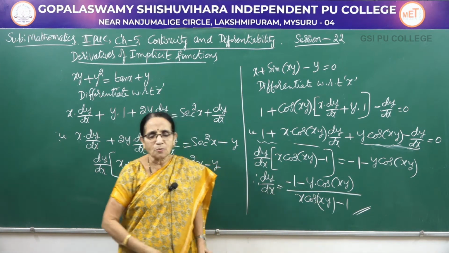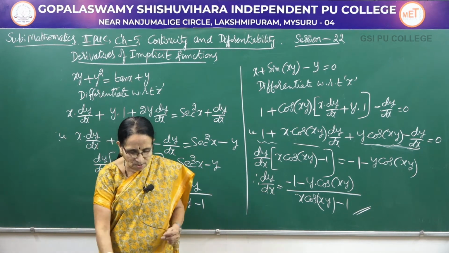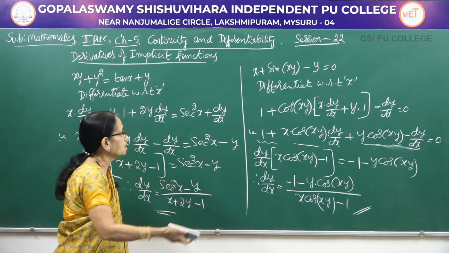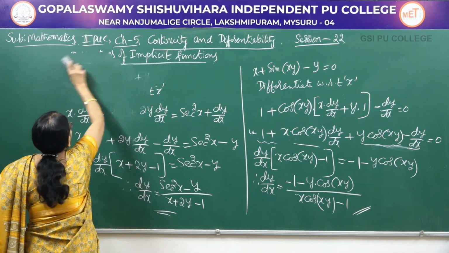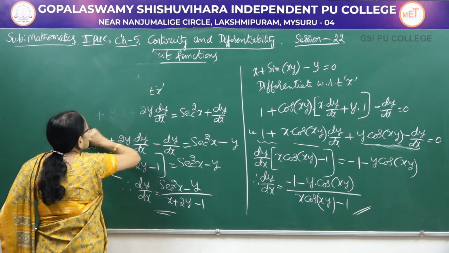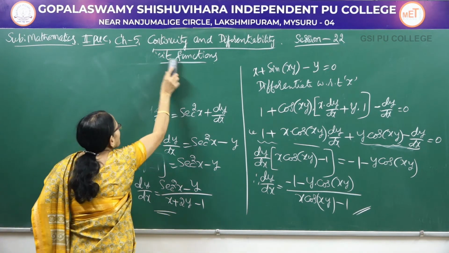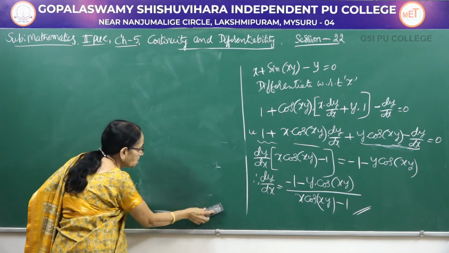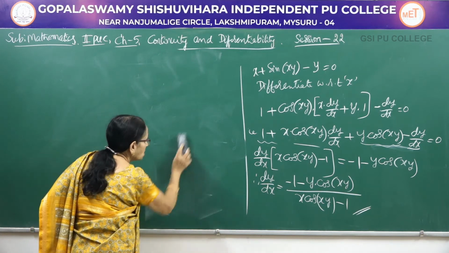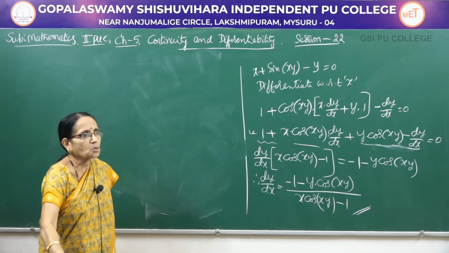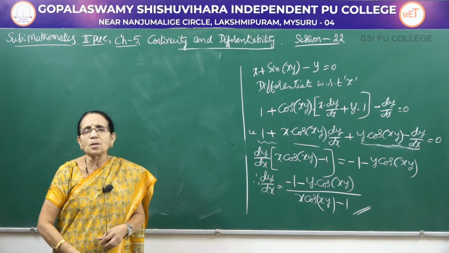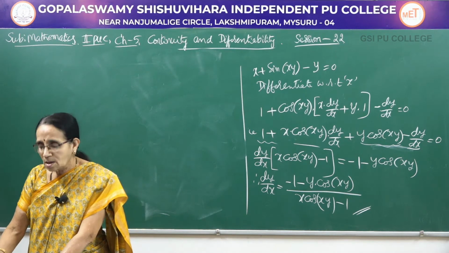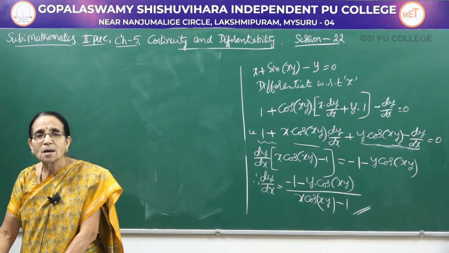Of course, from the numerator, if you want, you can take out that minus sign and write both the terms to be positive. Even if you stop here, you get the mark for that. So this is the procedure. There may be any number of terms, any type of combination of functions, but differentiate each term carefully and apply the appropriate rule, product rule, quotient rule, chain rule, whichever rule is applicable to the function that has been given to you.